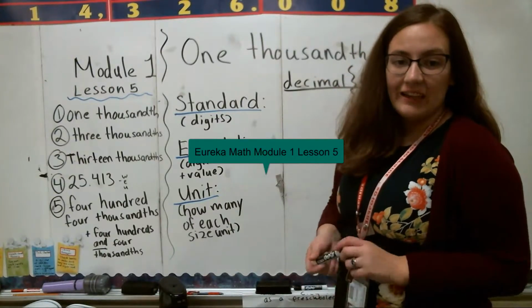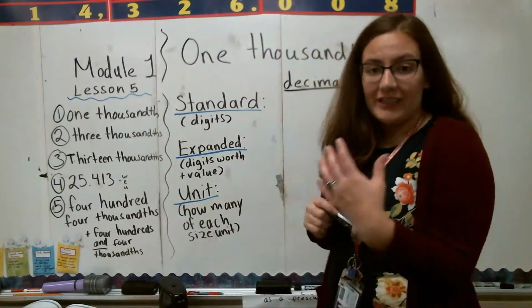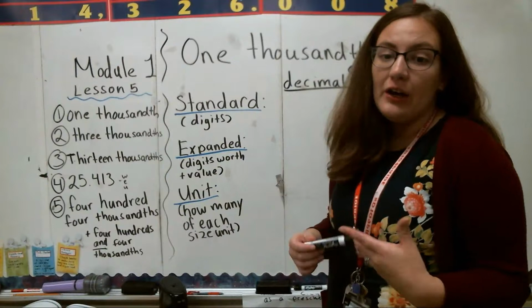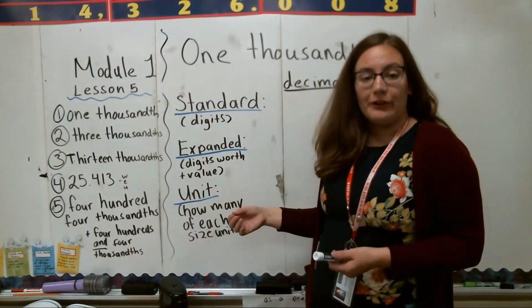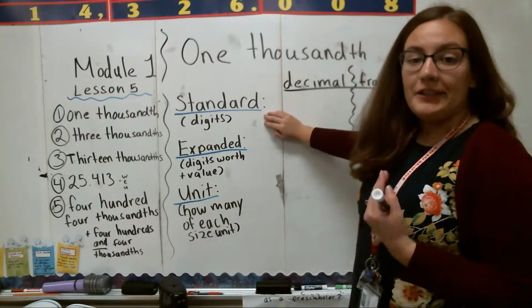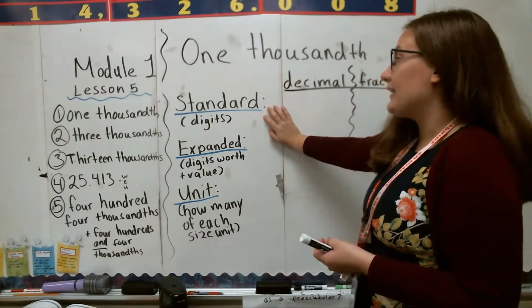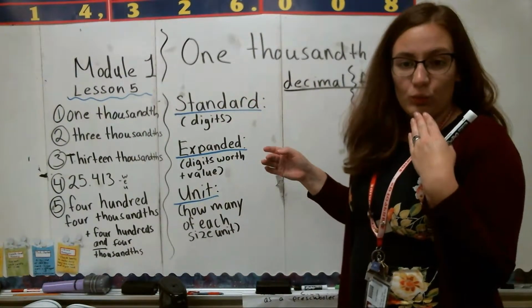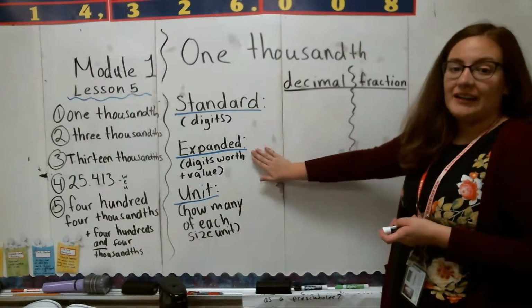Hi, fifth grade. Today we're going to be doing Module 1, Lesson 5, and we are now moving into a new topic. And for this new topic, we are going to have some different types of math that we're going to be looking at. But before we move into that math, we're going to be taking a look at different ways to express numbers. And what this means is that I'm going to take 1,000, so it's kind of like I'm saying it in word form, and I'm going to show you what 1,000 looks like in a lot of